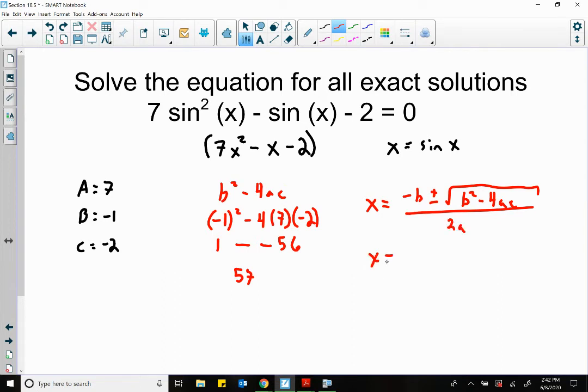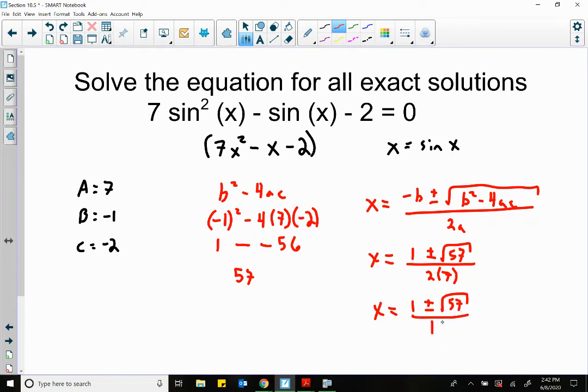So x is equal to the opposite of -1, which is +1, plus or minus the square root of 57 all over 2 times a, which is 7. So if we run everything out, x equals 1 plus or minus the square root of 57